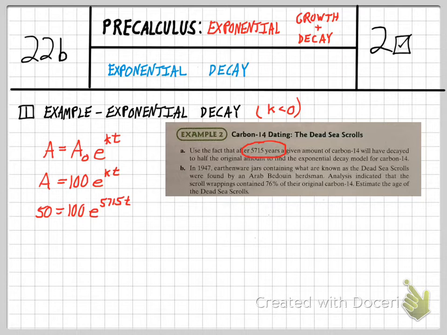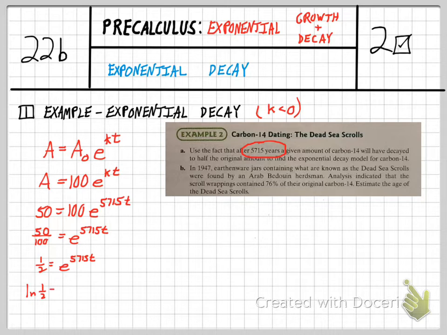Now you can choose any number you want. You could have chosen 8 as your initial amount, then 4 would be your half amount, right? So it turns out not to matter because your very first step in solving this problem is going to be to divide and isolate your exponent, and hopefully you'll see that whatever choice you made, you'll end up with 1/2 on the left. So I get 1/2 equals e to the 5715t, and by natural logging both sides, I get